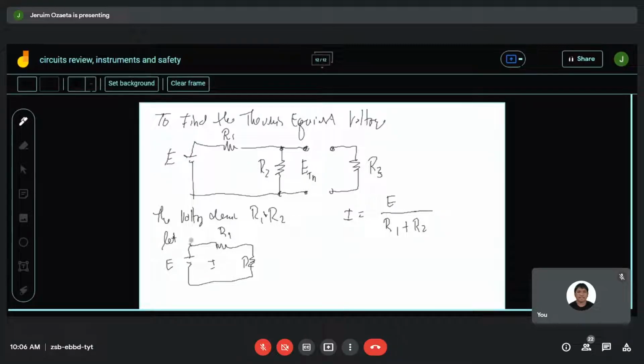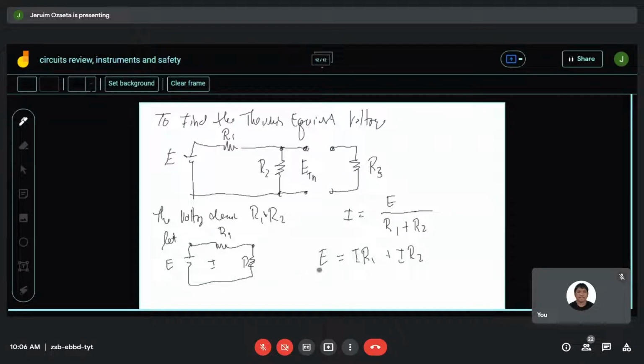But we also know that the voltage E is equal to the drops at R sub 1 and R sub 2. So we have I times R sub 1 plus I times R sub 2. And knowing that this is equal to this, so we get